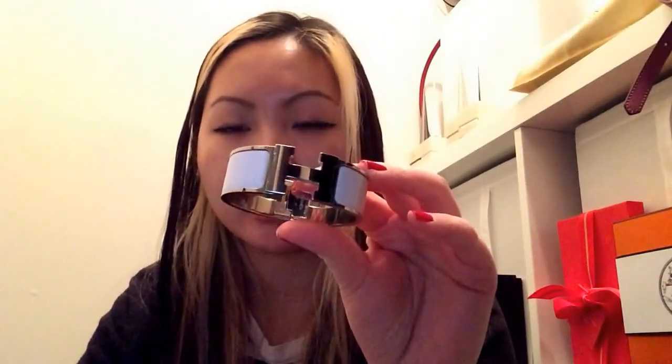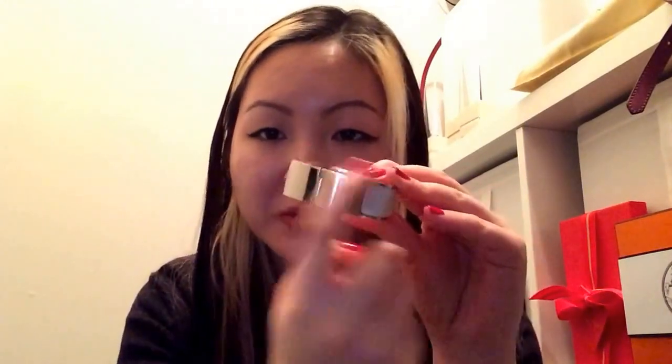The durability of these are so, so, so amazing. As you can see, almost 2 years actually, coming up to 2 years, I think like 5-6 more months, this bracelet's gonna be 2 years, and this looks practically almost brand new. Maybe not so much the back here, but if you look from the front, it looks amazing. The quality is totally there. They are the best pieces in my